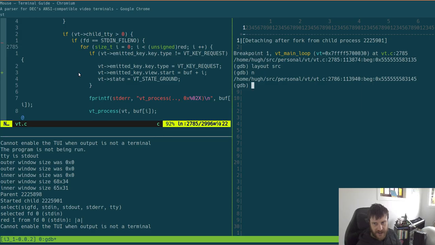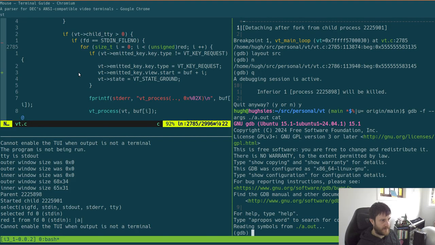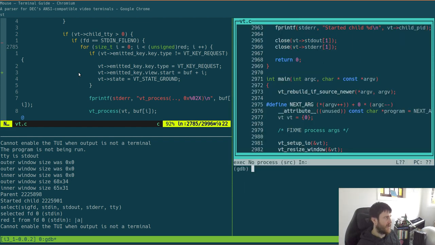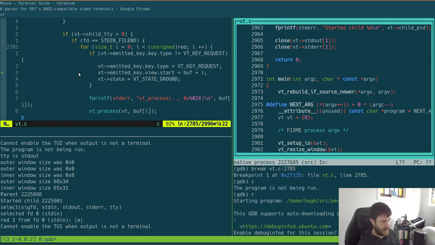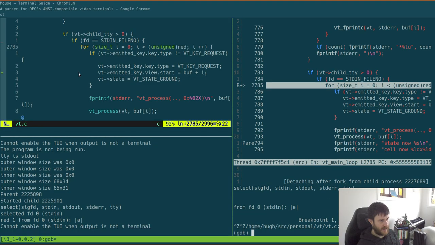It must be checking on, yeah, so we're allowed there. So if we break vt.c 2785 and if we run that, and so if we just run a single key,